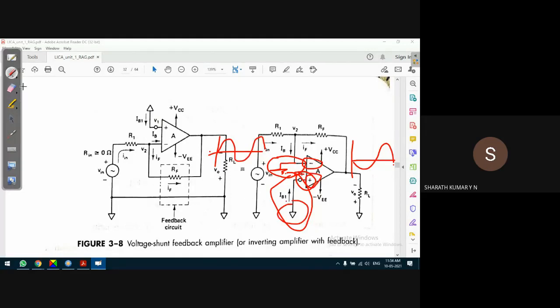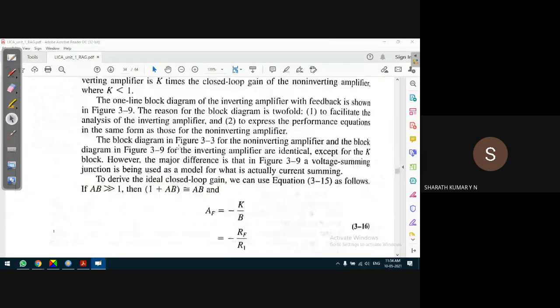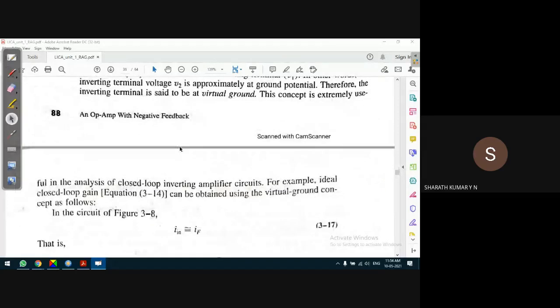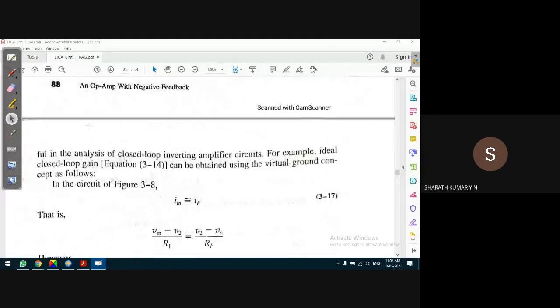That's why, whenever we perform any experiment using op-amp terminals, one suggestion is always: do not keep input terminals open at any cost. Non-inverting input we are not using, but we cannot keep it open. We have to connect it to ground. Okay, so that's the meaning of what is known as the virtual ground concept. It is very, very important, so we have to understand that concept very carefully.